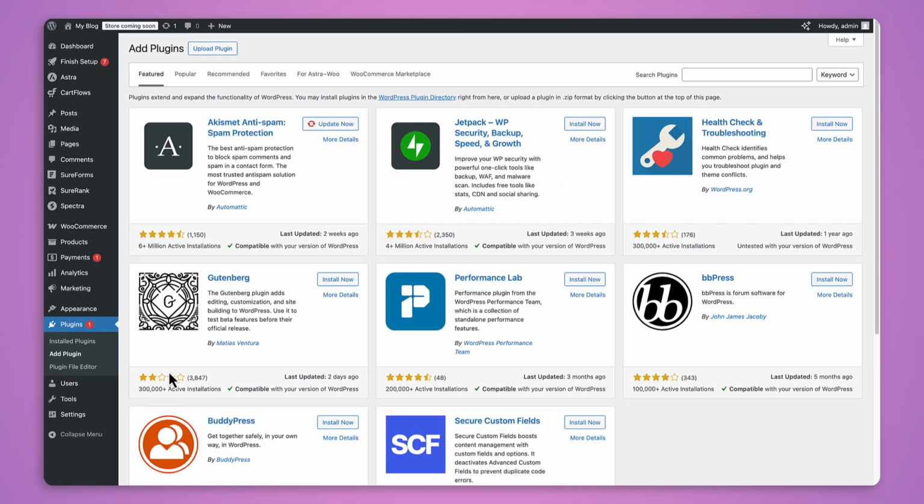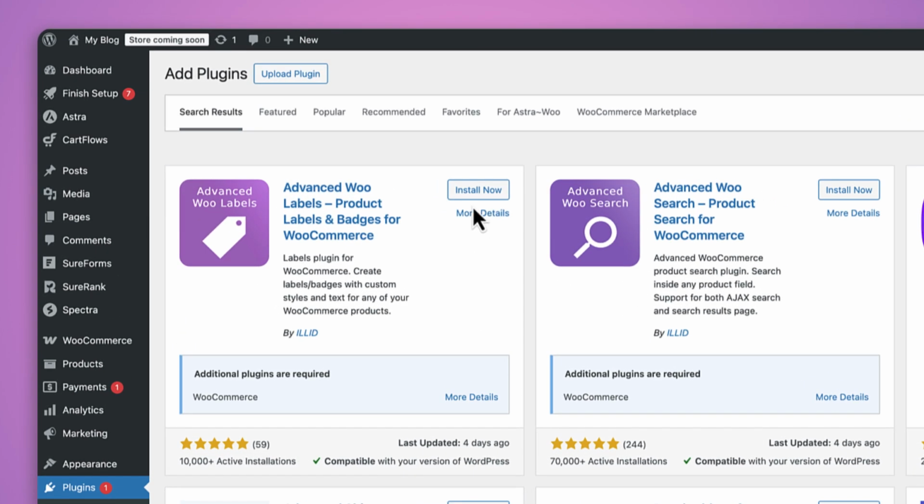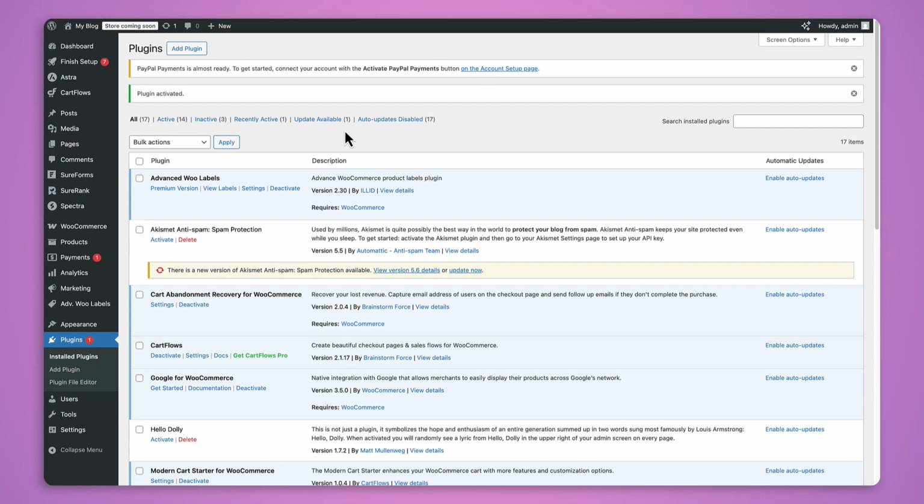Once the library loads, go to the top right side and use the search bar to search for Advanced Woo Labels. When the results appear, find the plugin that matches your search and click Install. The installation will take just a few moments, so wait patiently. After that, click the Activate button to enable the plugin. Once activated, you will see Advanced Woo Labels listed in your installed plugins, and it will also appear in your